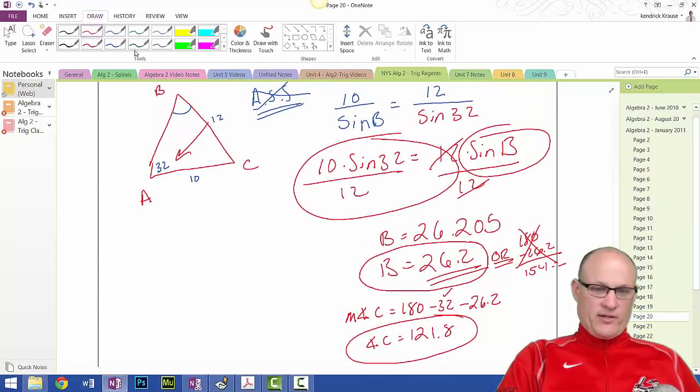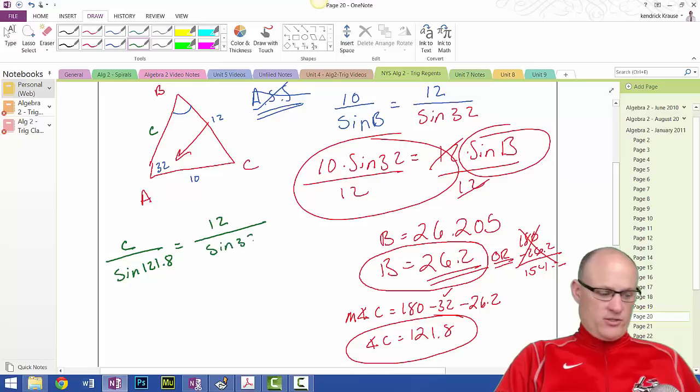So now I'm going to go find side C. So I want to find C. So I can do the same thing. I can just do law of sines again. So C over the sine of 121.8 is equal to 12 over the sine of 32. So I get 12 times sine of 121.8